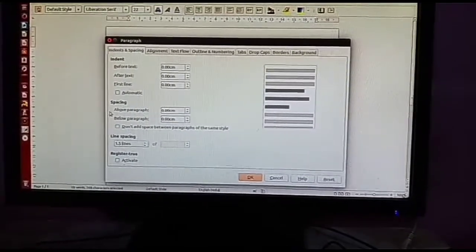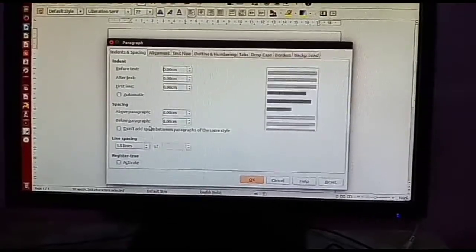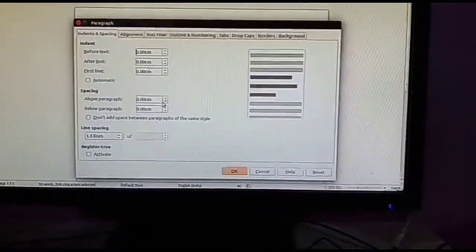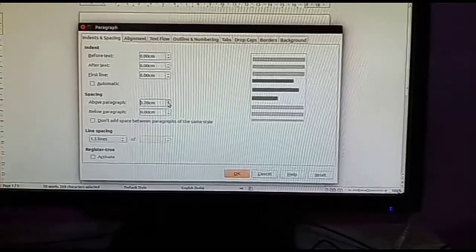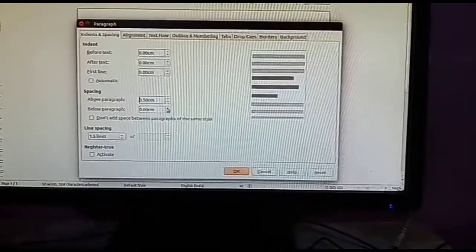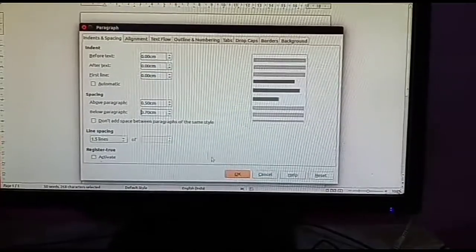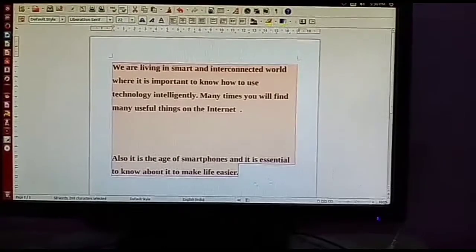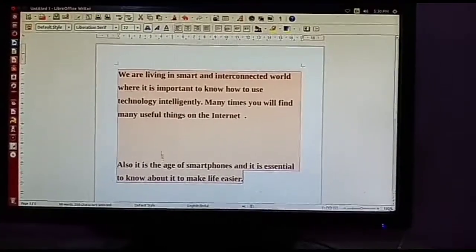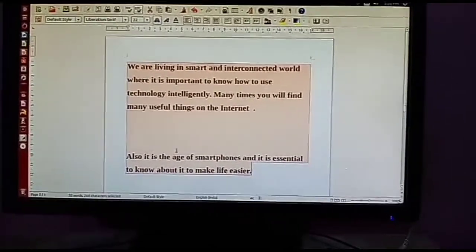In this Spacing option, Above paragraph and Below paragraph, two things are given. Here it is already given 0 centimeter. If I increase these centimeter digits and press the OK button, see the space between two paragraphs is changed, means it has increased the space between two paragraphs.